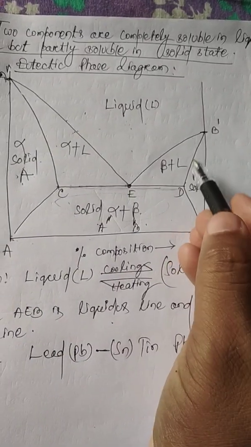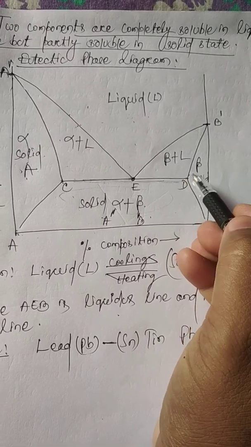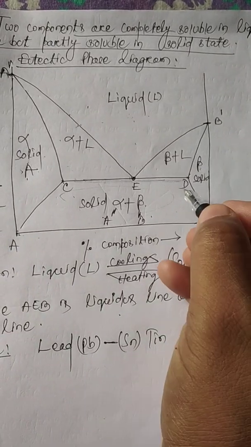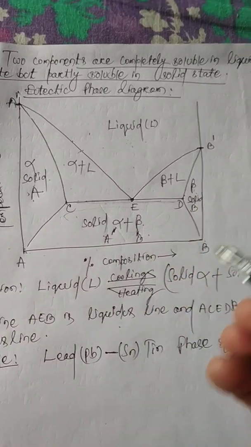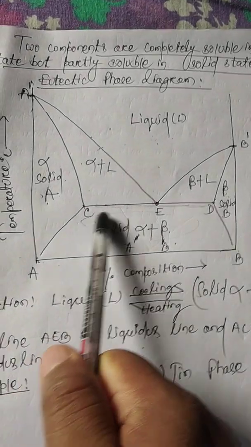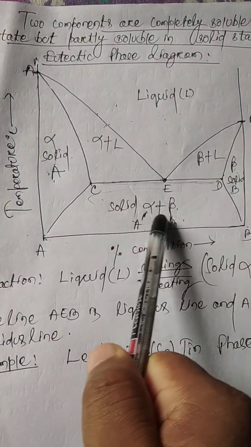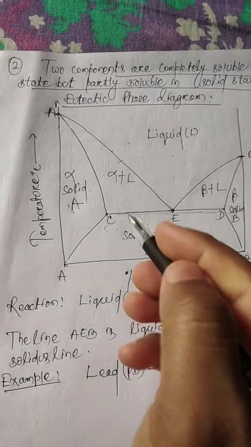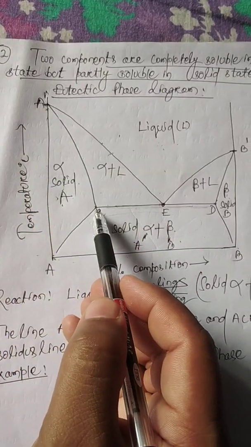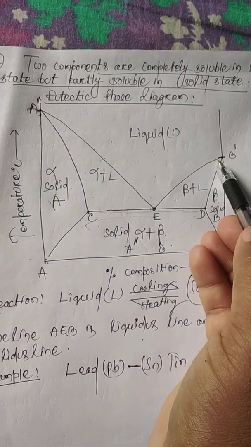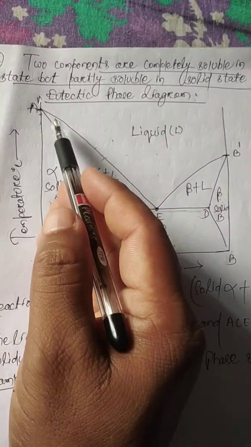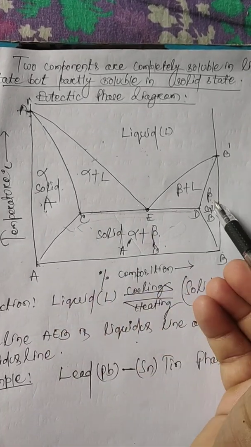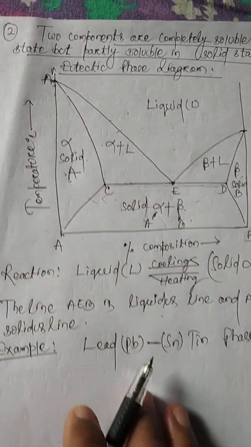Similarly, during the cooling process at point D, we see completely another solid exists, that is beta, the solid B or component B, and this is the solid solution of the alloy formed by components A and B. Now this A dash, C, E, D, B dash is the solidus line. That means just under this curve there is 100% solid. So this is the solidus line. We have written it here.